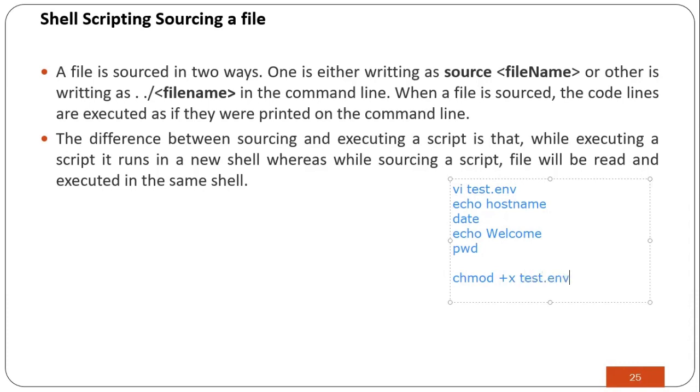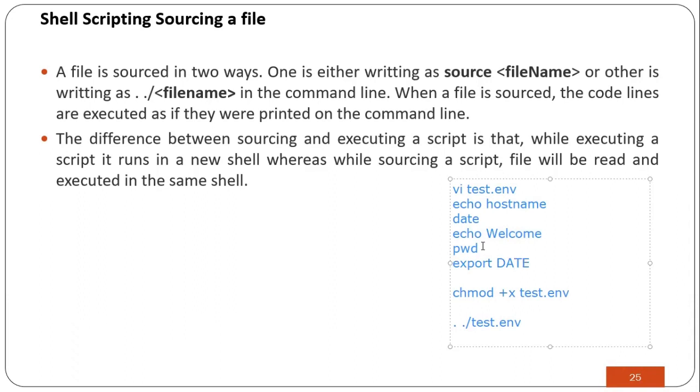dot env. Now when I source this file, like dot space dot slash test dot env, these values will be loaded into the environment and these values will be set. Here I can also set export. This is how we declare variables, but we will talk about variables in more detail in further sessions. So export